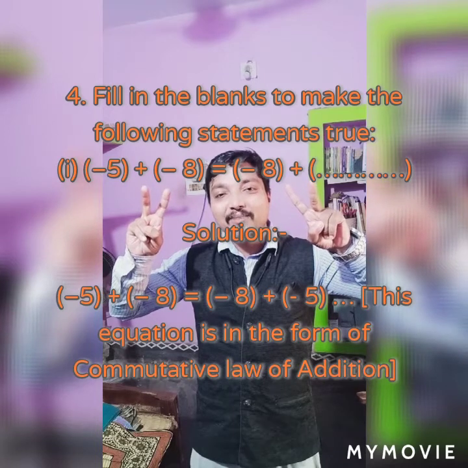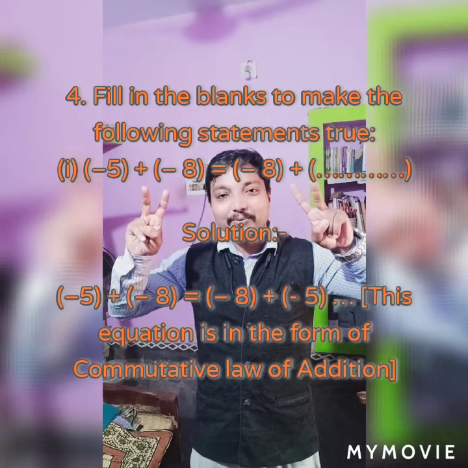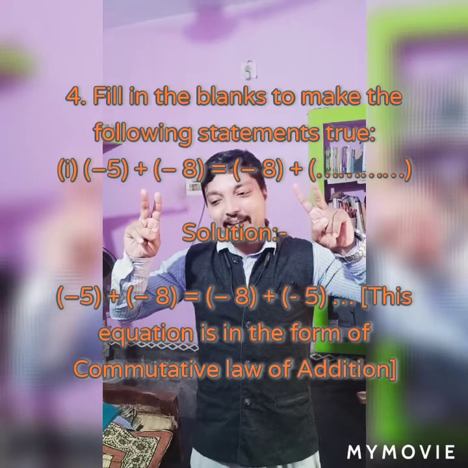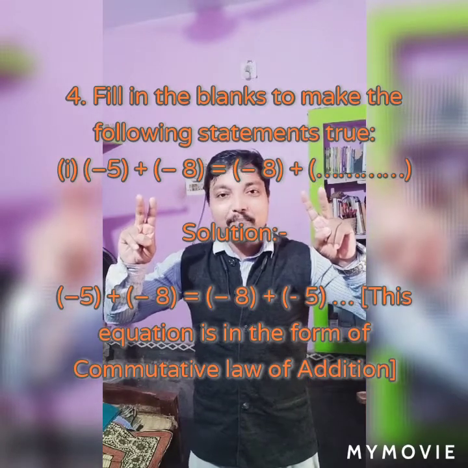Actually, this is called the commutative property of addition. Two numbers we can add in any order. Minus 5 plus 8 is also the same as minus 8 plus 5. Okay, so for the question number